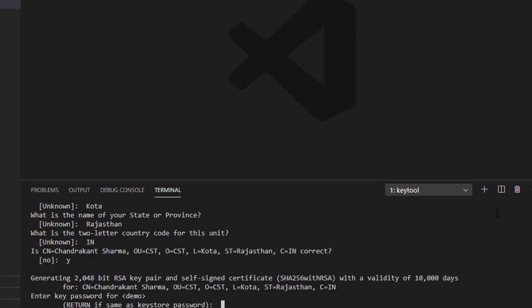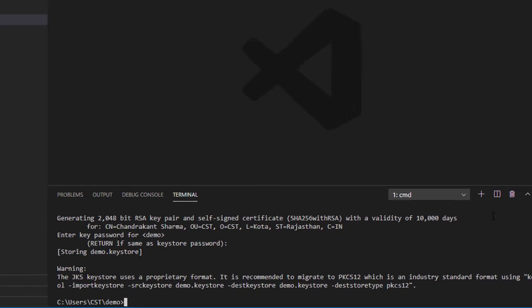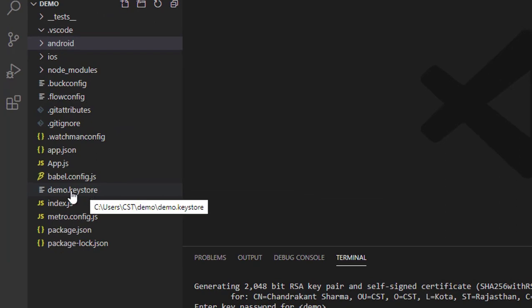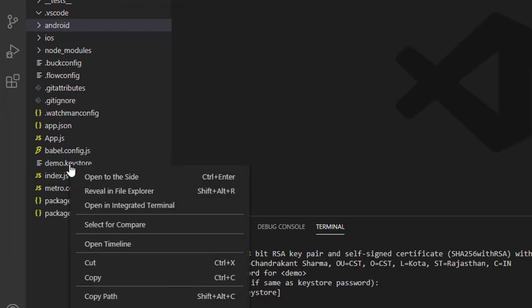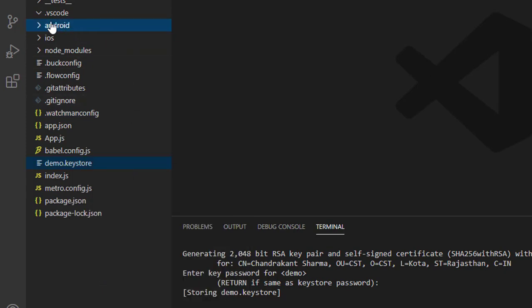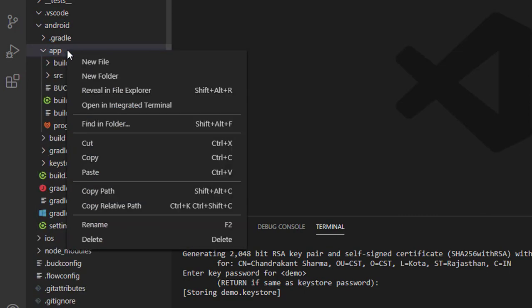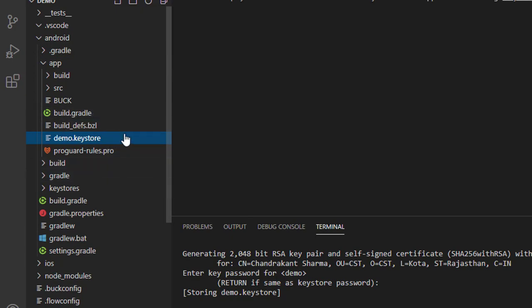Once again, press the enter key. When this command runs successfully, it will generate the demo.keystore file in our project. After this, we have to copy this file and paste it into the android then app folder. So this is our step 1.